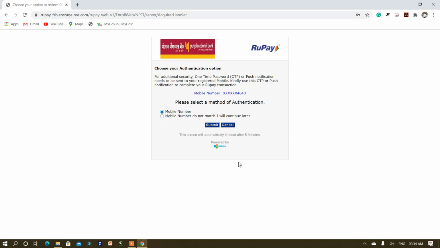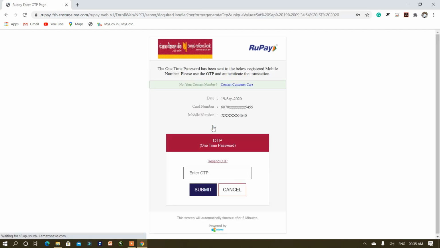Just click on submit. Now you'll get OTP, one-time password number on your registered mobile number. Check it and enter this OTP number and click on submit. Now you'll get OTP number on your registered mobile number.